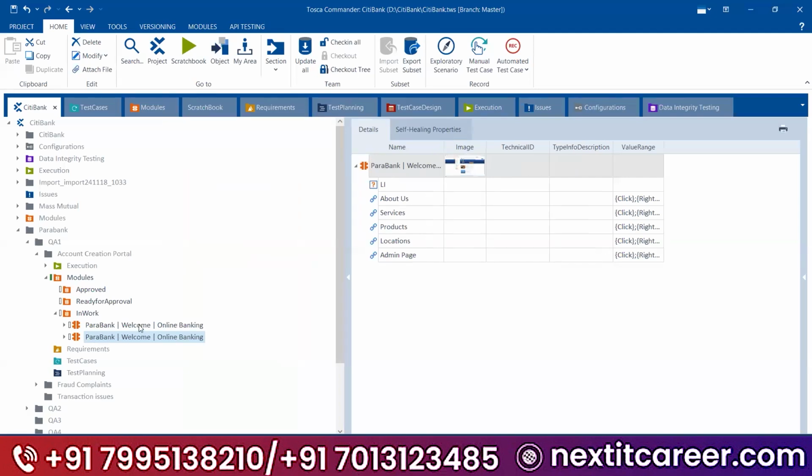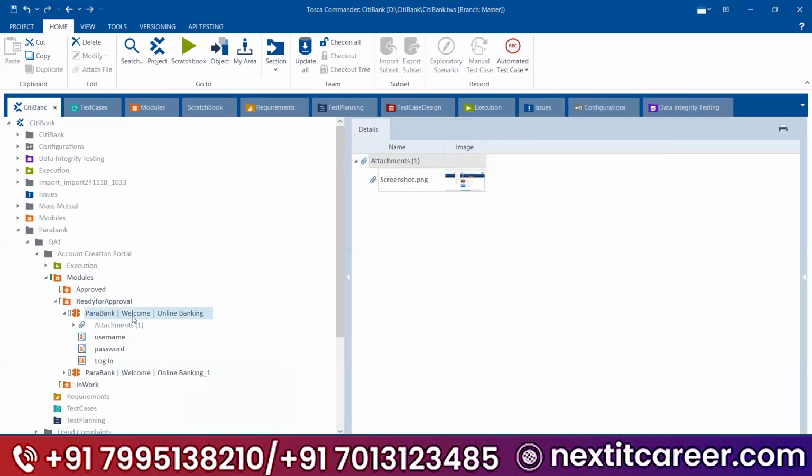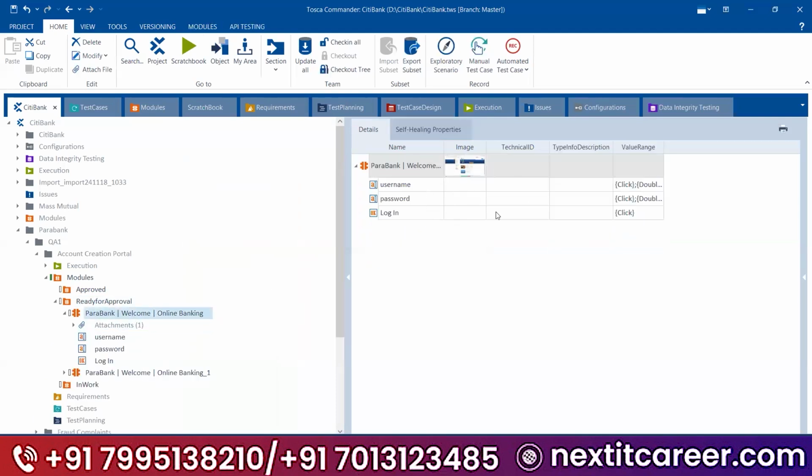I have finished with this, right? Then I will move it to ready for approval. Now the lead will come and ask, why do we have duplicates, and why have you not scanned all the modules with a proper naming convention? Again, he will move it to the in work folder.